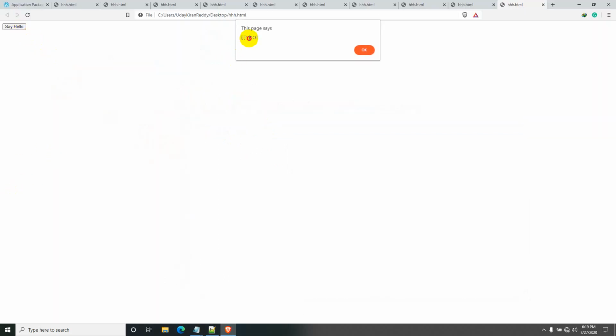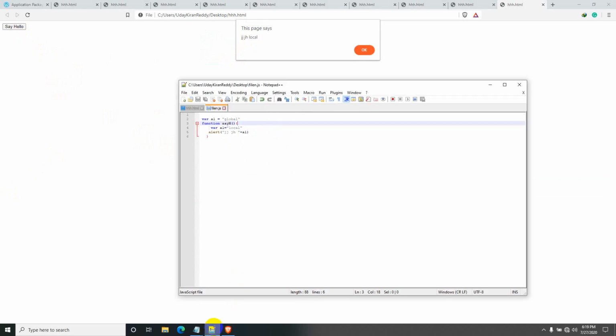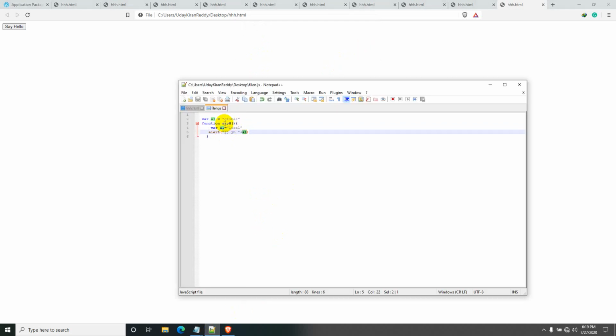you see it is showing local here. To the original message I am adding my variable value also. Here instead of showing global, it is taking local, because the precedence will be given to the local variable. Now let's say I remove this local part, I will comment this local part.